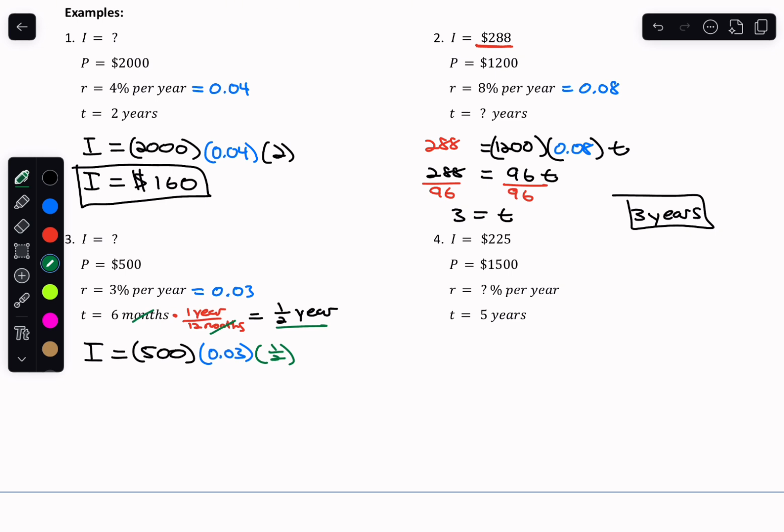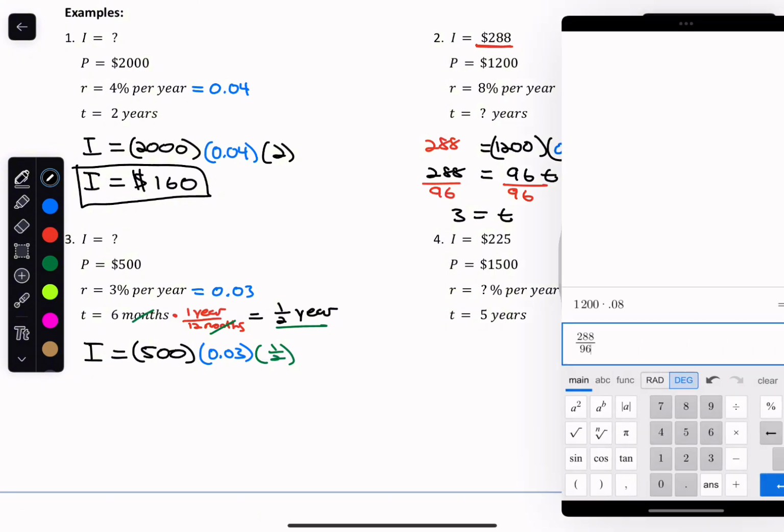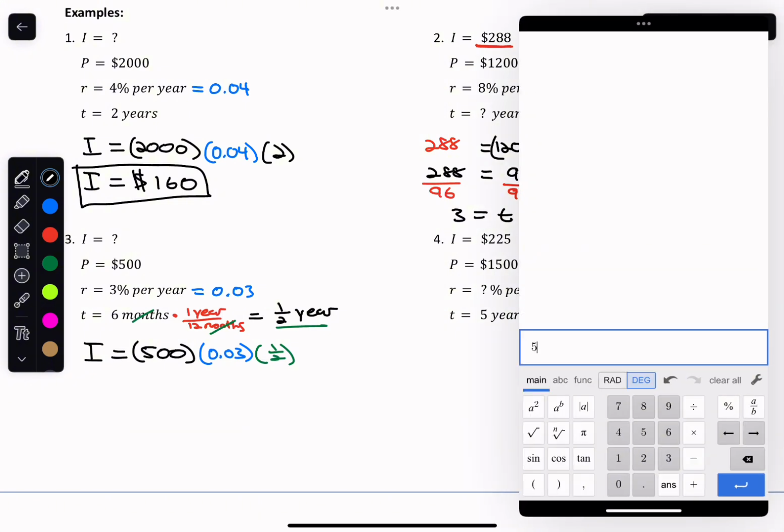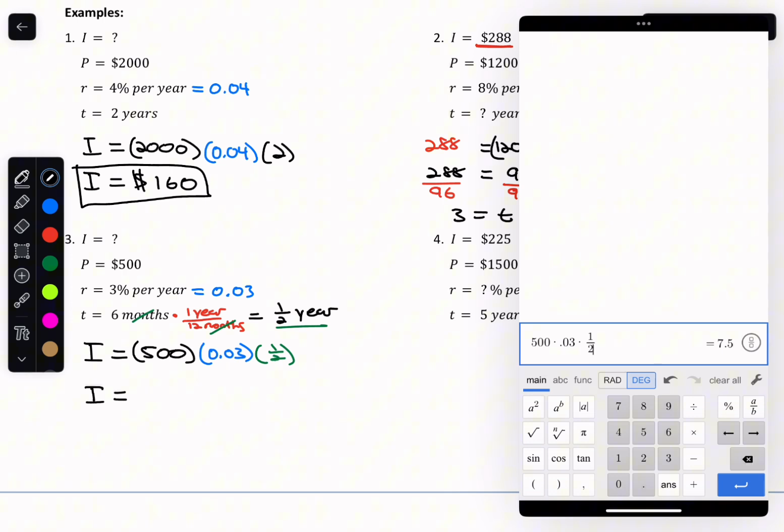All right, so now we're going to go ahead and just multiply this out. So we'll pull out our calculator. Whoa, didn't know I could zoom in on that. That was cool. So we have 500 multiplied by 0.03 for the 3%, multiplied by the 1/2, and that gives me 7.5. So my interest earned is going to be equal to $7.50. Because remember, since the principal is given to us in dollars, that means that our interest is also going to be measured in dollars. So 7.5 is